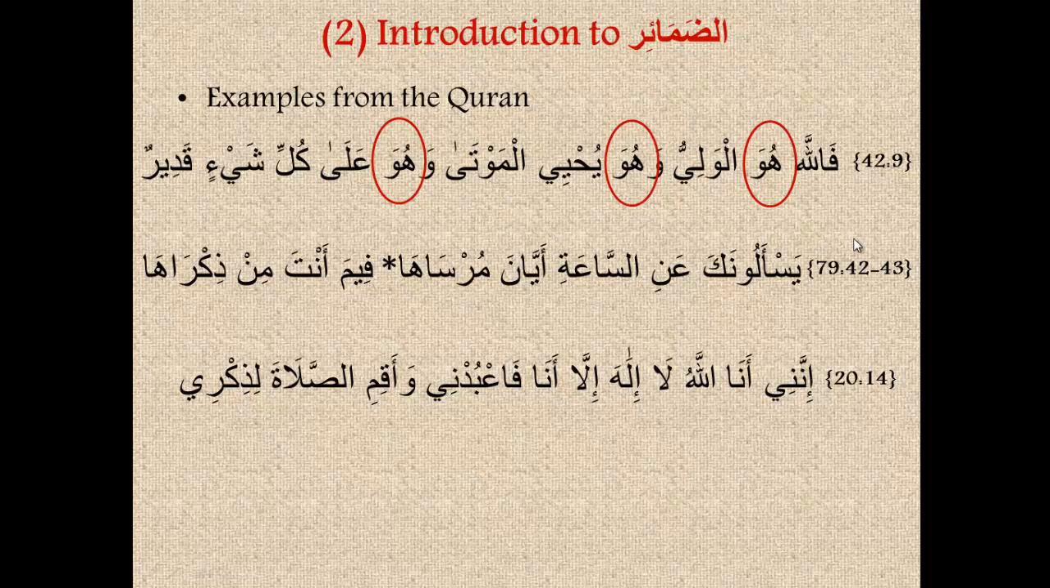Example number 2, verses 42 and 49 from Surah An-Nazi'at, Surah number 79. يَسْأَلُونَكَ عَنِ السَّاعَةِ أَيَّانَ مُرْسَاهَا فِيمَ أَنْتَ مِنْ ذِكْرَاهَا. The pronoun here is anta. This is actually referring to An-Nabi sallallahu alayhi wa sallam. Allah says, يَسْأَلُونَكَ عَنِ السَّاعَةِ أَيَّانَ مُرْسَاهَا. They ask you, referring to the Prophet sallallahu alayhi wa sallam, about the hour,